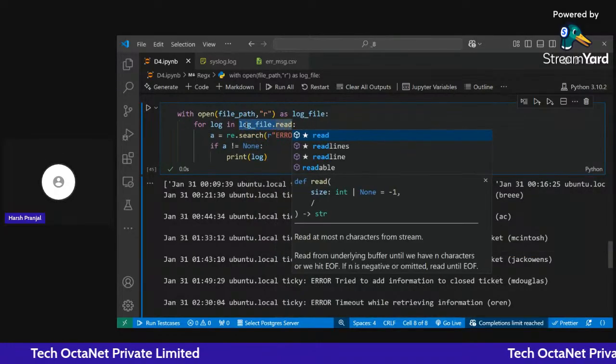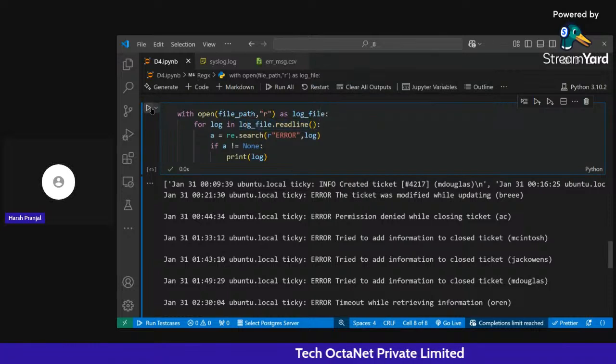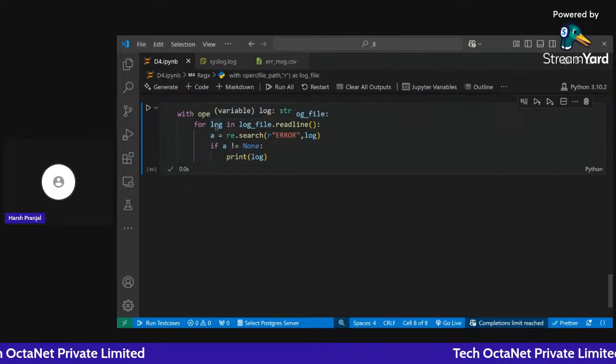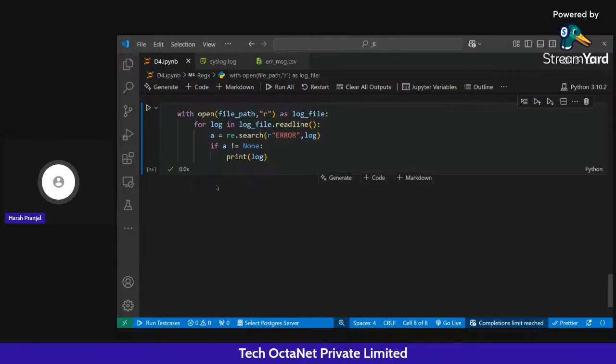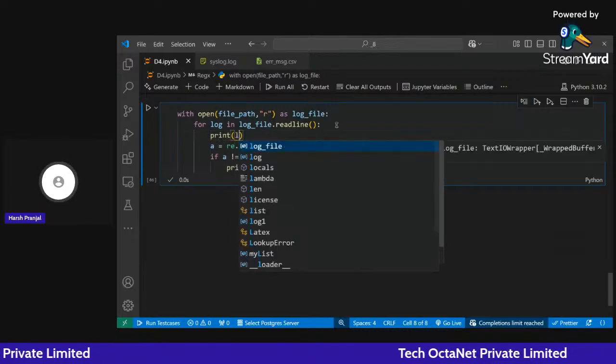dot read, not lines line, right? And this log file dot read line will give it to the log. Okay, and this search will search for the error in the log, but earlier we are getting some output, this time it's not. And why this? So if I will try to print the log,